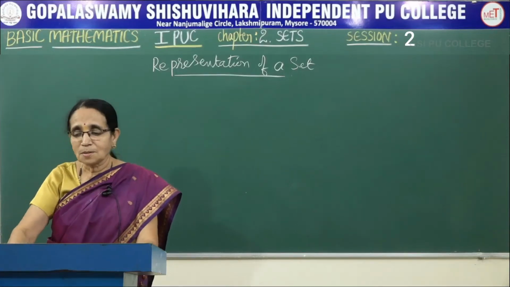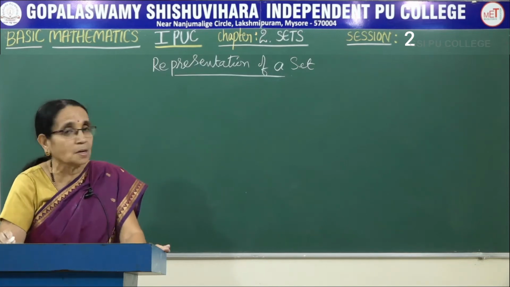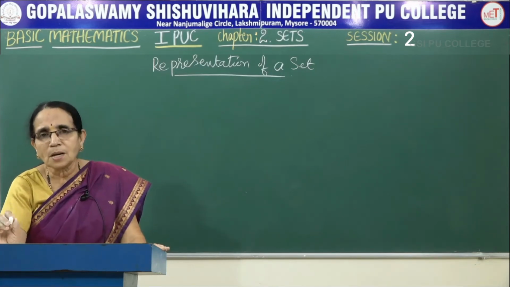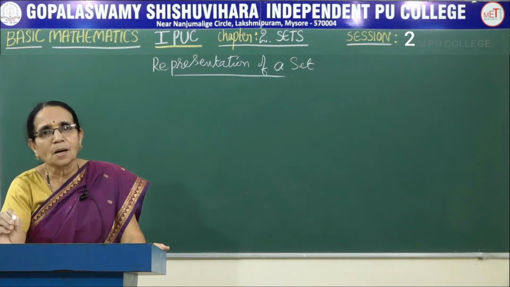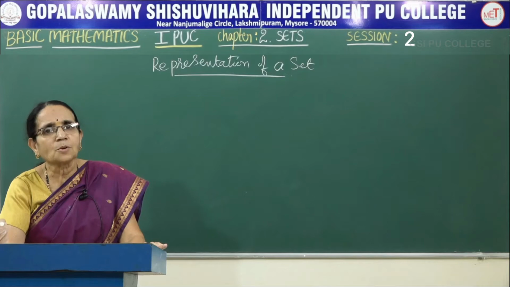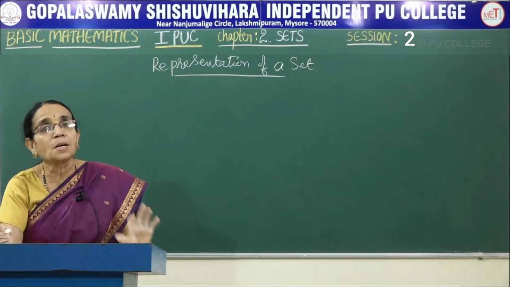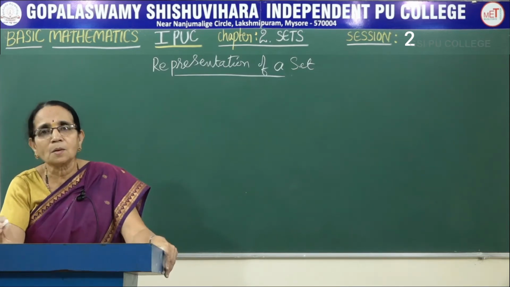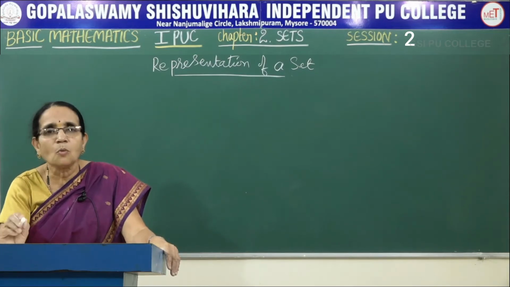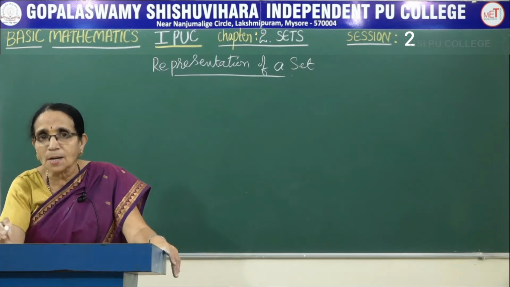Good morning, students. In the earlier session, the first session of the chapter on sets, I had given you the definition of a set, how to denote a set, how to denote the elements, and if an element is in a particular set, how to express that and how to read it. I had given some examples. So, all collections cannot be considered as sets. A collection should be well defined. The word well defined is important. What do you mean by well defined here?